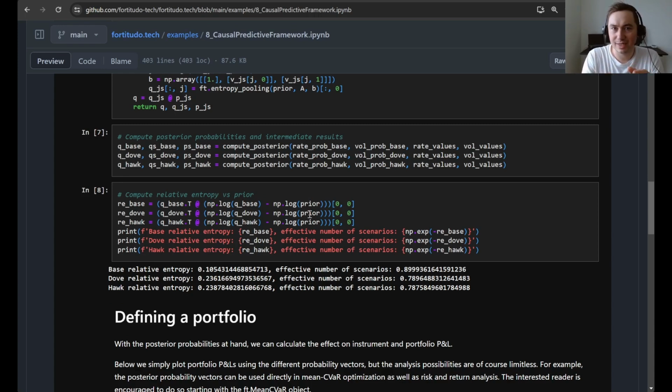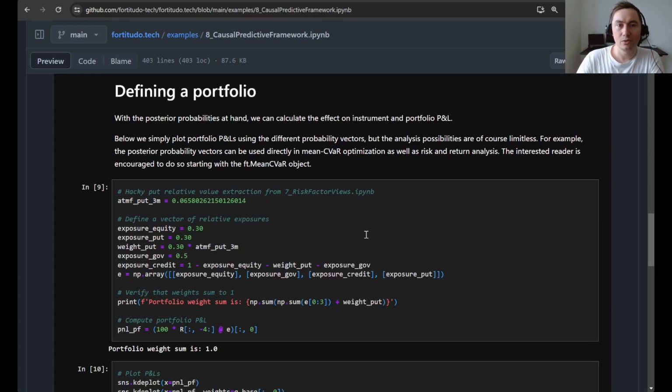and this is just to assess, just in the base case, how much of a difference is the view that we have implemented? How significant a deviation is it from the prior? All right. So then we have implemented these posterior probability vectors,